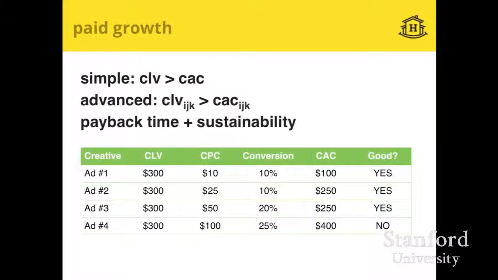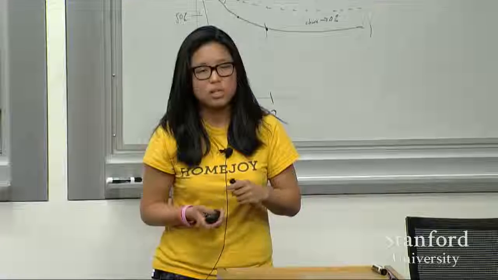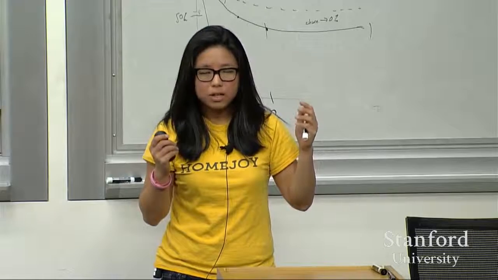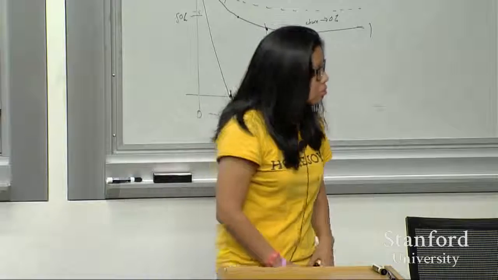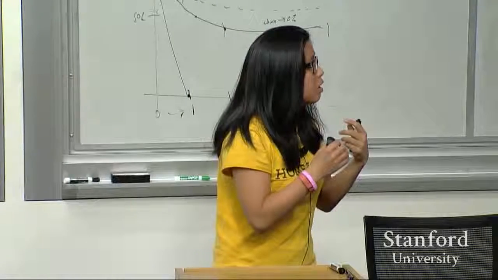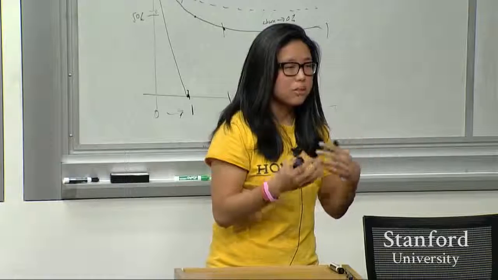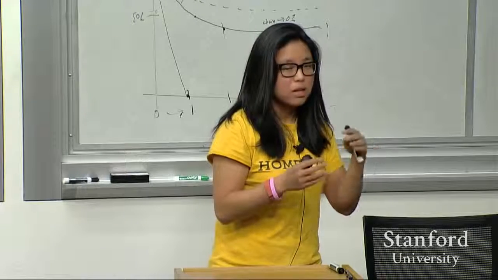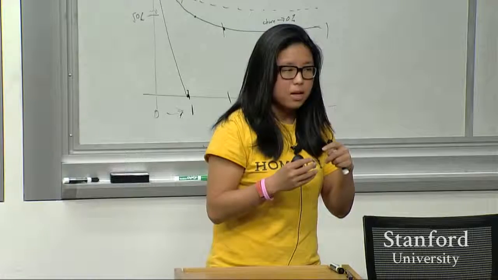Now, the advanced way of looking at it is this. You can look at this for your whole entire customer base, aggregating all your customers together. But the better way of looking at it is to break it down by customer segments. So, for example, if you're building a marketplace for country music, the CLV of someone in Nashville, Tennessee is going to be much larger than the lifetime value of someone in Czechoslovakia. Or I just assume that's the case anyway. So you want to make sure that when you're buying ads for these different types of cohorts or customer segments, you know what the differences are,